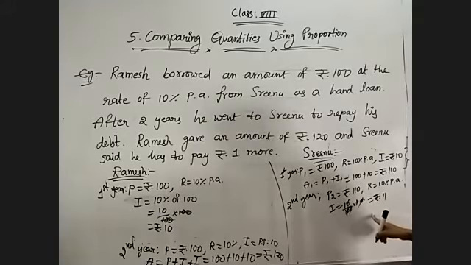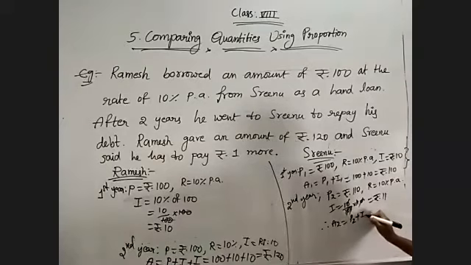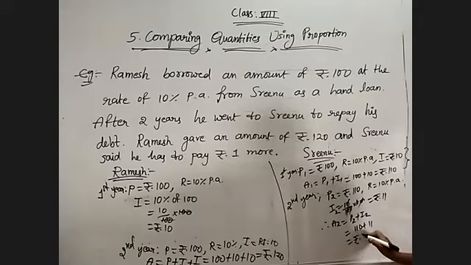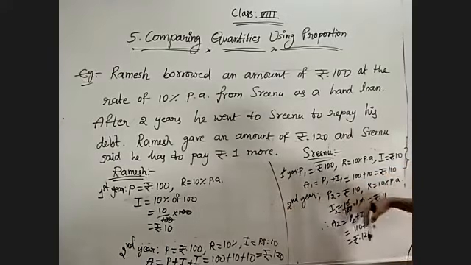Interest is 11 rupees. Amount is 110 rupees. Therefore, at the end of second year, he is getting P2 plus I2, where P2 value is 110 rupees and I2 value is 11 rupees, which is equal to 121 rupees. Understood? Just observe now what amount he is given.